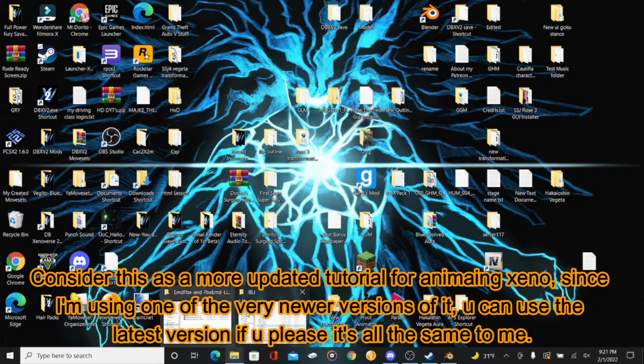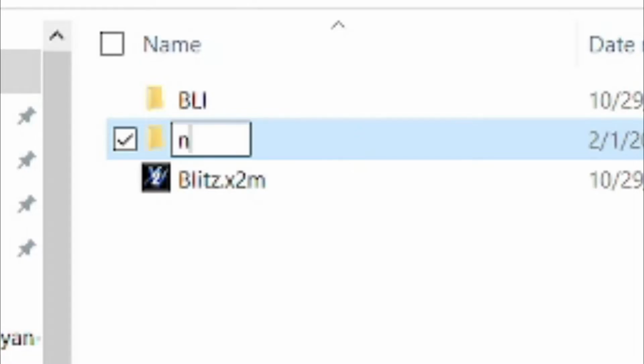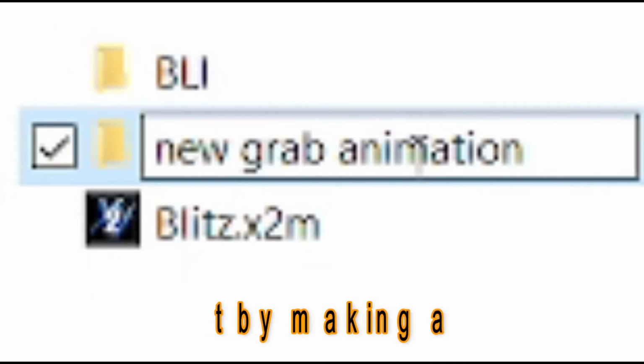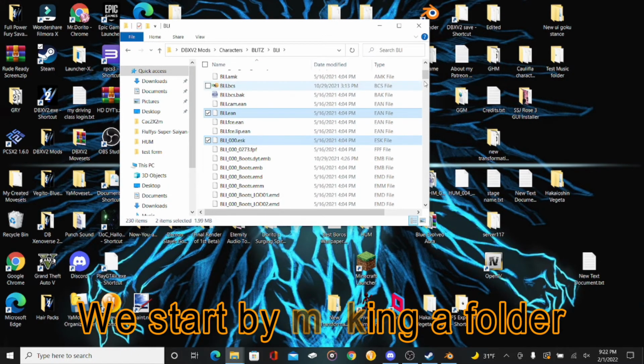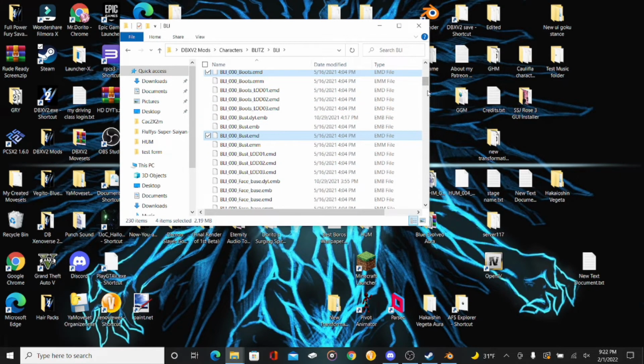Don't forget to make a new folder, by the way, for your grab animation. You don't want to get confused. You're going to want to highlight your EAN, your ESK, and then you don't have to highlight all the EMD files for your character model, but just all the important ones so that you can actually get a good preview of what your animation is going to look like.